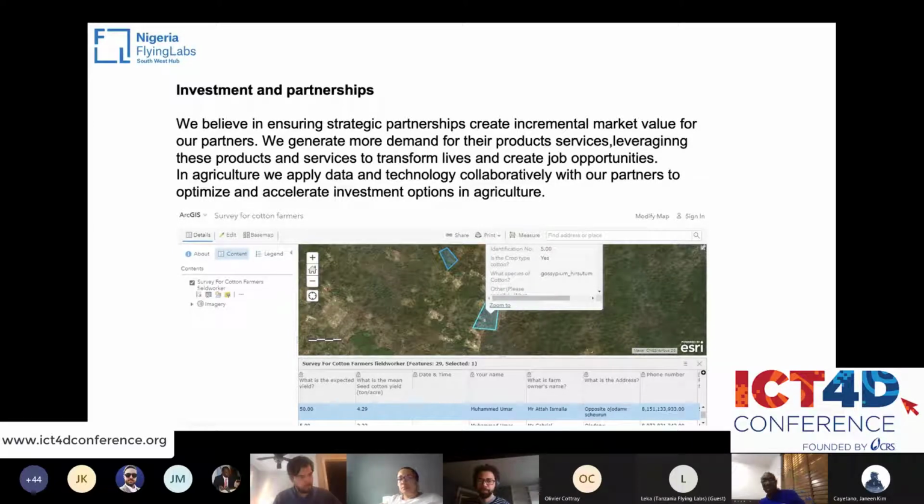And in agriculture, we apply data and technology collaboratively with our partners to optimize and accelerate investment options in agriculture. The image you can see there is the survey mapping that we did for the National Cotton Association in Nigeria. The main approach of this is to collect and identify where the farms are, their sizes, and also push this in the public domain so investors, textile investors, are able to identify the farmers, the farms, and also their compliance with good agronomic practices. This is not existing at the moment in Nigeria, but we're trying to push this out to be able to